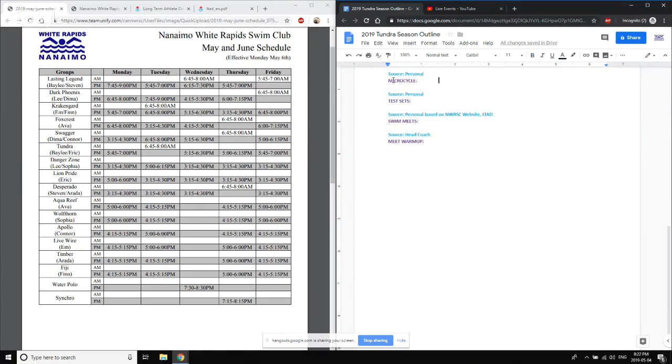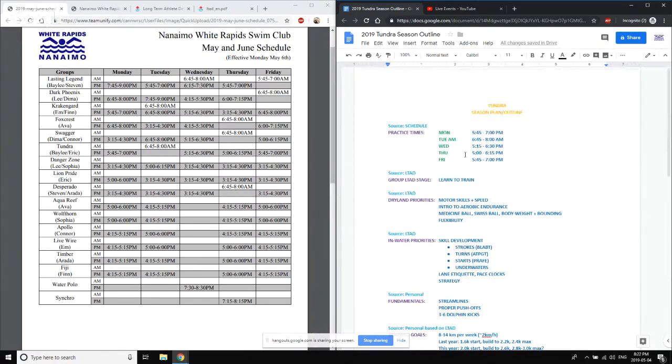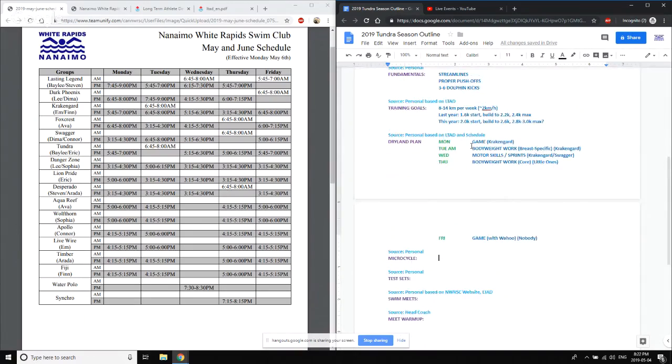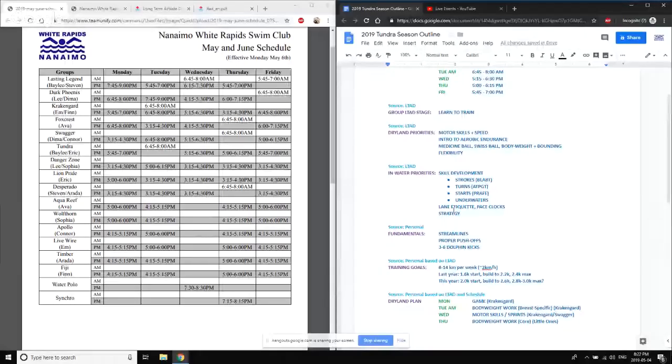Next is going to be a personal thing, the microcycle. And the microcycle is basically how you take these pool times and make it into something that you can teach skills and hit training and that sort of thing. So as an example, last year, I wanted to focus on all sorts of skills, strokes, starts. This stands for body position, arms, breathing, timing, just breaking down all those factors and really building them up to